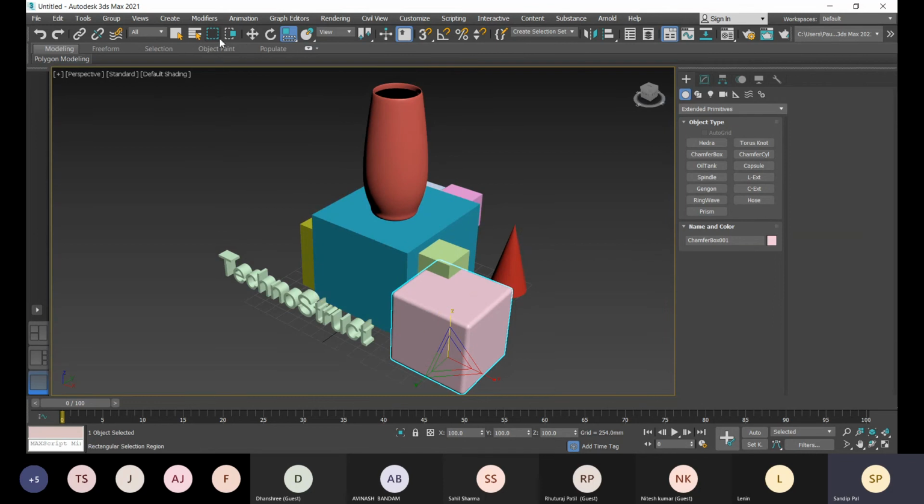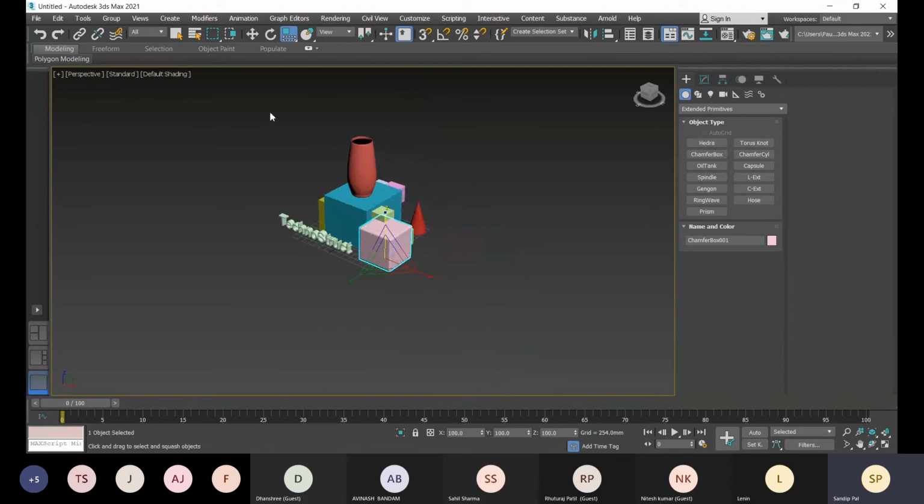Now let me tell you about the selection region. Suppose I want to select multiple objects at a time. For that, you see this creates a rectangular window, right?